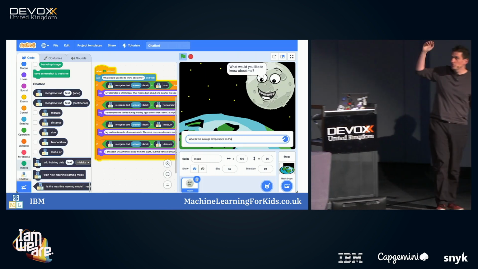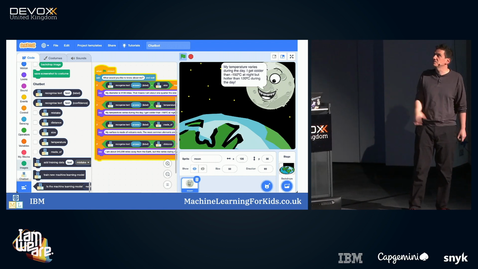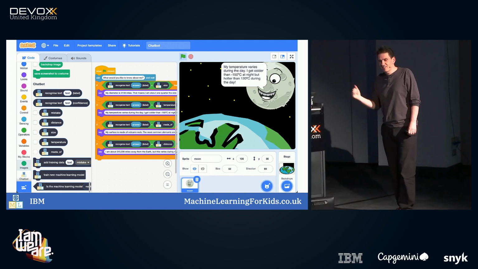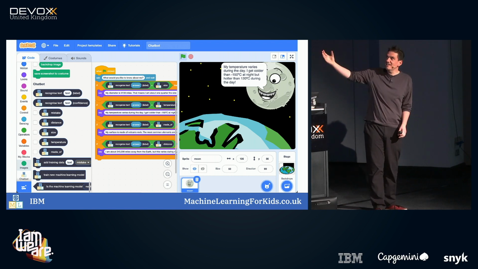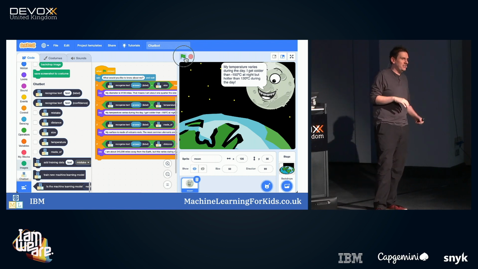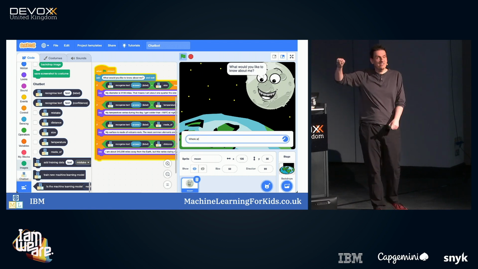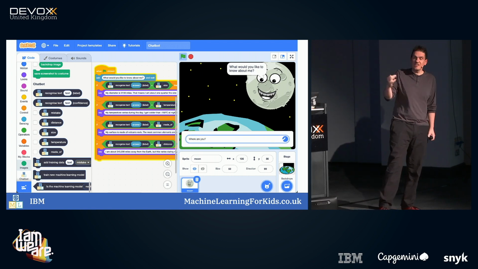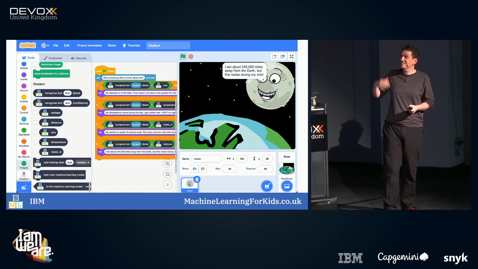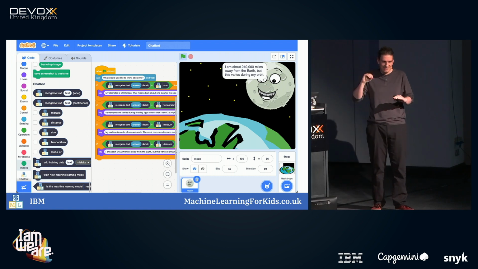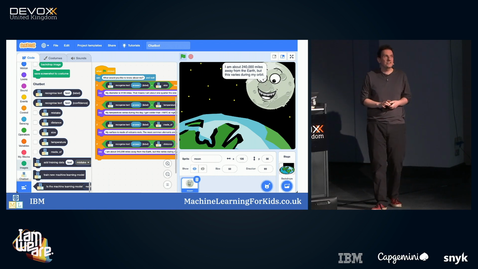So you can ask it, what's the average temperature on the moon, and it gives them an answer. It's a nice alternative. Instead of getting kids to do presentations or write a report on a topic, getting them to train a chatbot on the topic by doing the research to come up with the answer scripting, to think of the most commonly asked questions, to come up with lots of ways of asking the most commonly asked questions. It's actually a really nice way of sort of sneakily getting AI into a lesson.